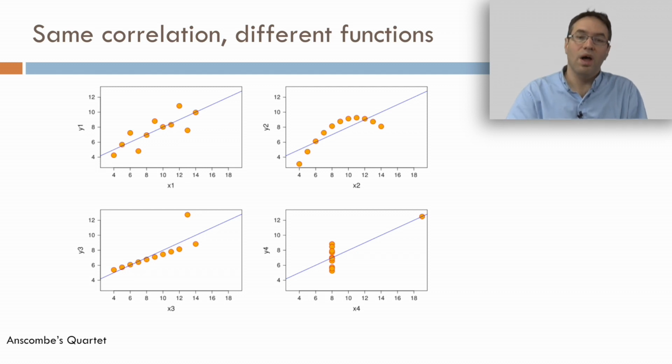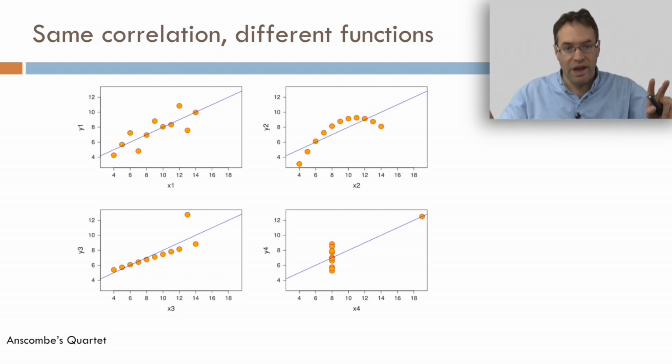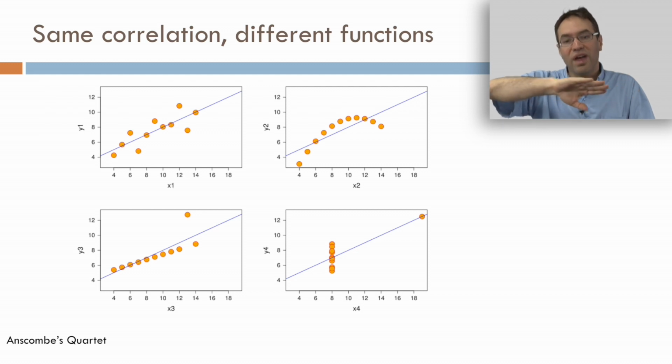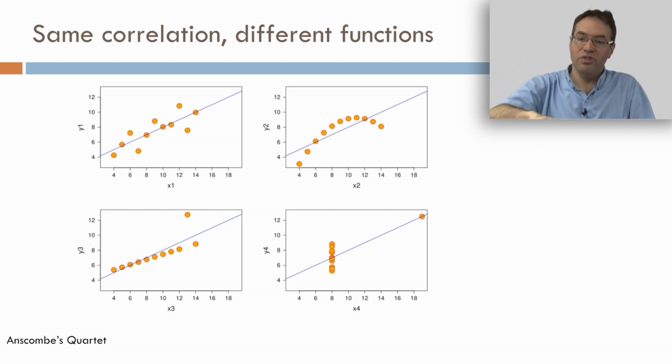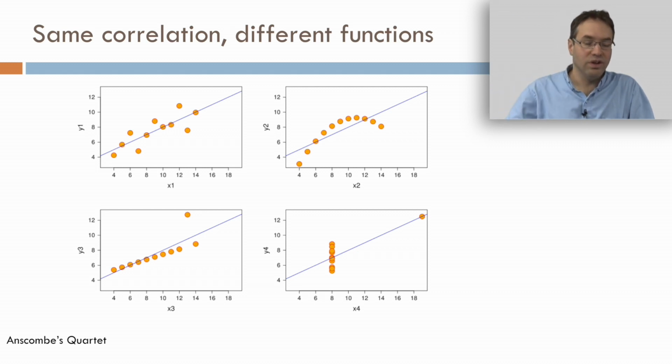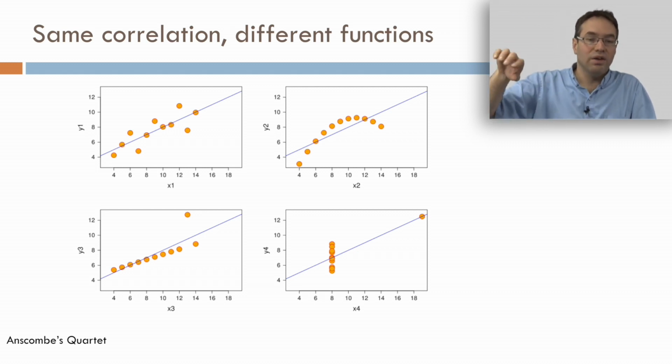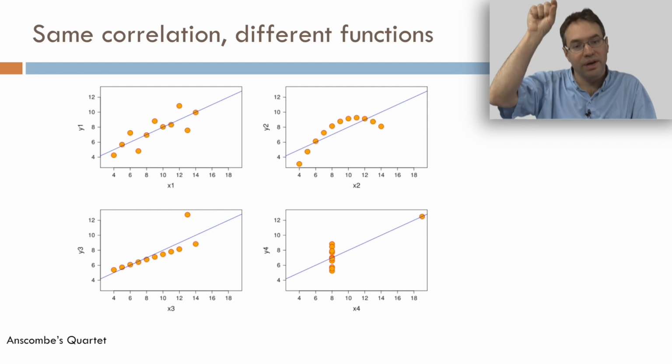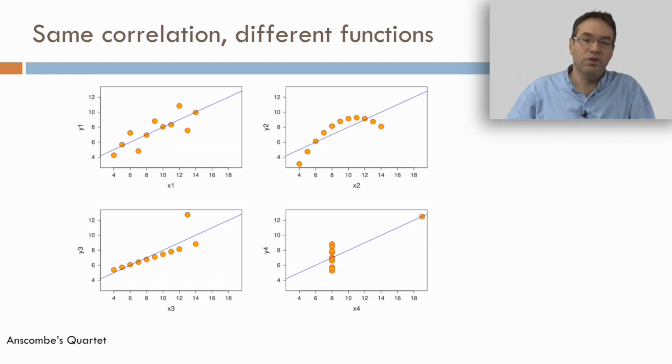One of them, the top left, is kind of the classic image we have for a good but not great correlation. There's a line, they're kind of spread out along it. The top right, you can see that although that line fits the data with that same correlation, actually it's completely missing the point that there's a curvilinear function. The third one is a line with the wrong slope but an outlier. And the fourth one is just junk. These all get the same correlation. So correlation doesn't tell you everything, it's just a start.